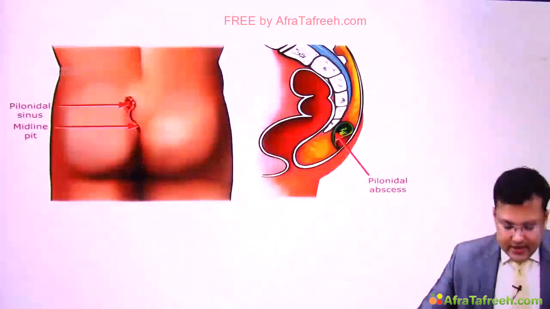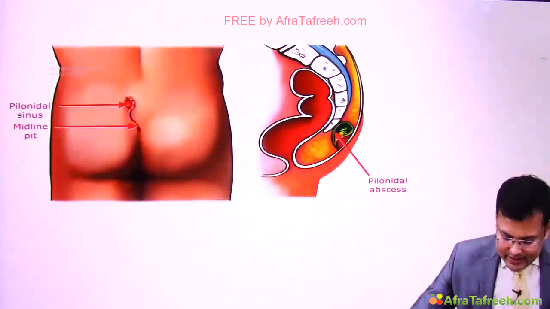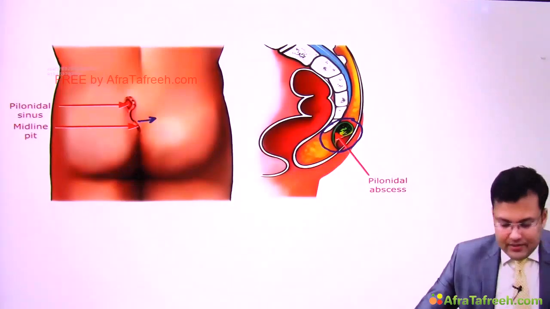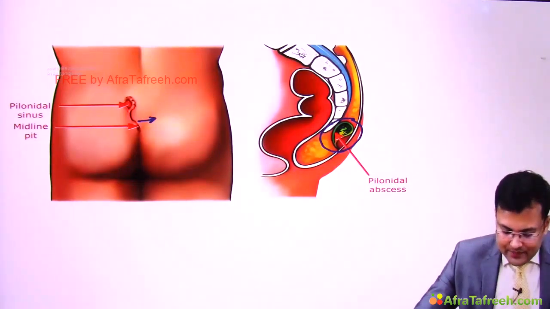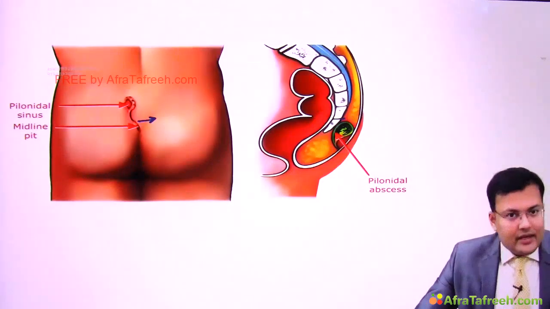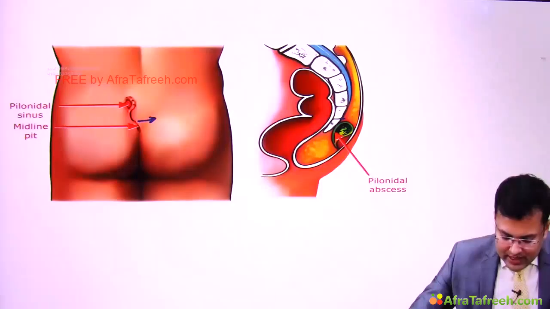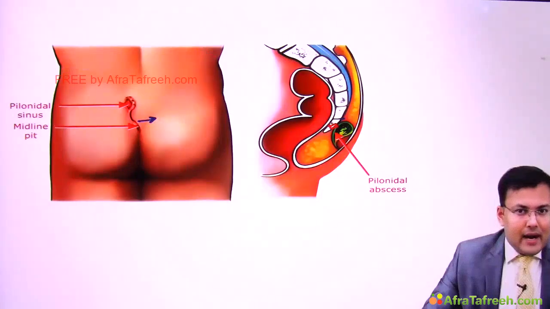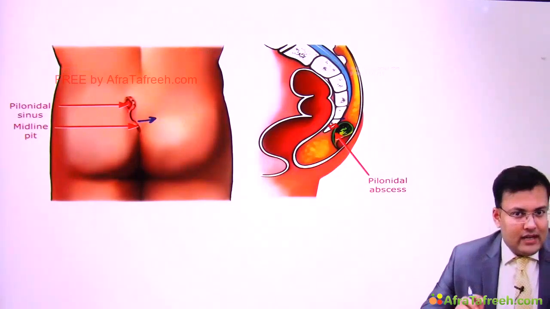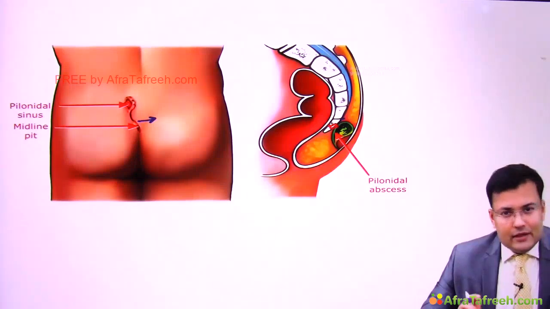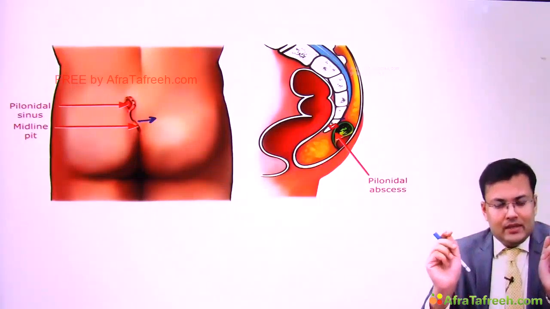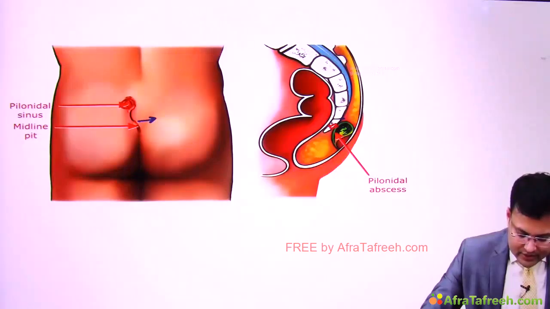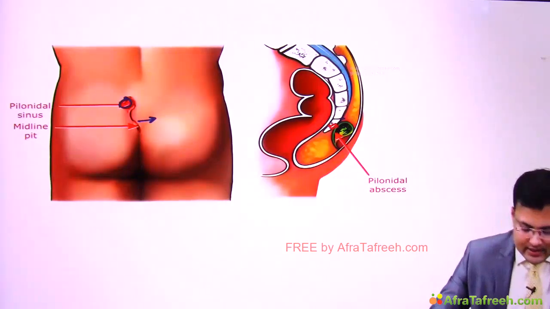Now can you see here, there is collection of dead hair. Can you see? There is collection of dead hair in the postnatal cleft region overlying the coccyx. And what is the name of this condition? This is known as pilonidal sinus. So sinus is having a single opening. Fistula is communication between two epithelium-lined tracts. So here you will notice that there is a single opening. So this is what? Pilonidal sinus.